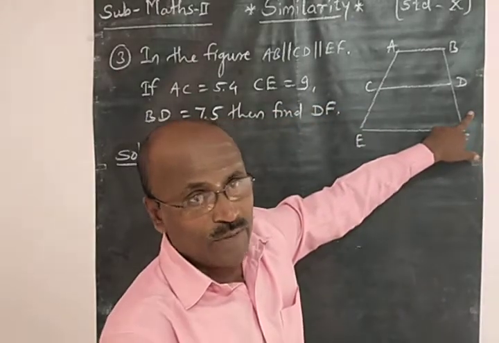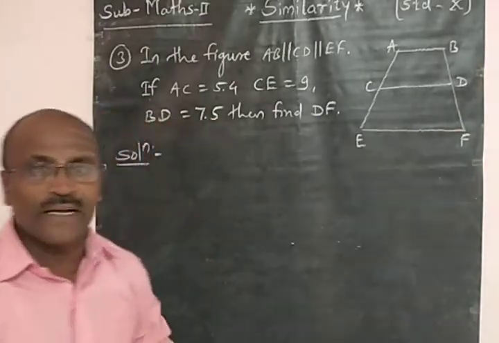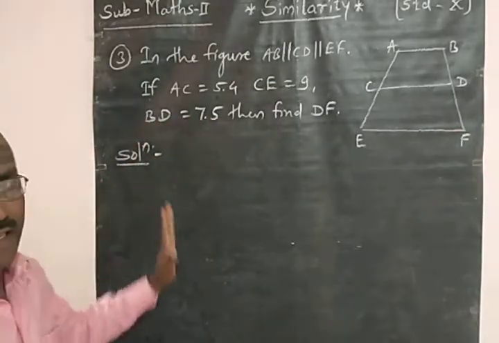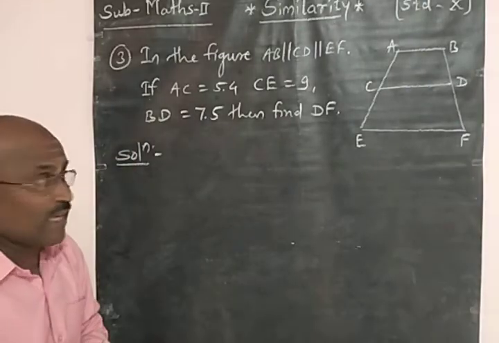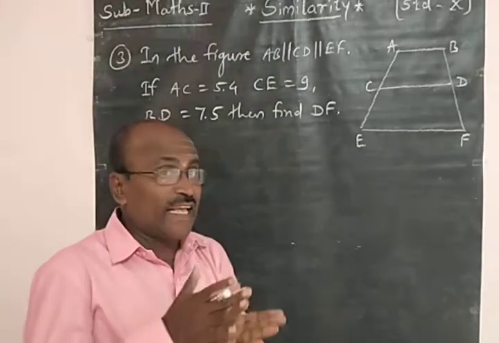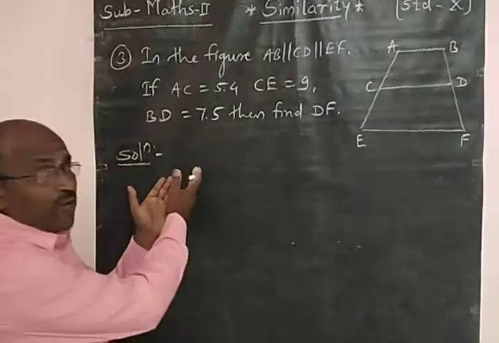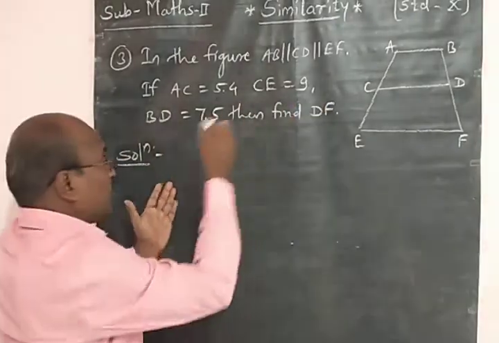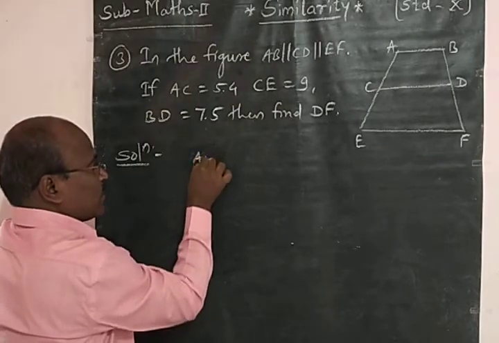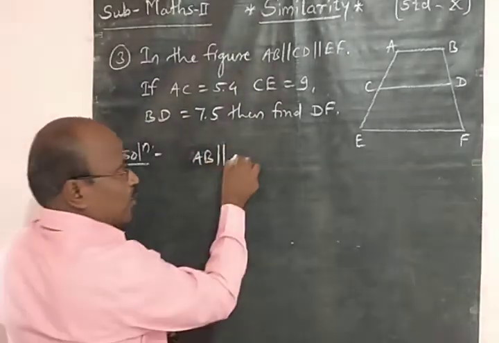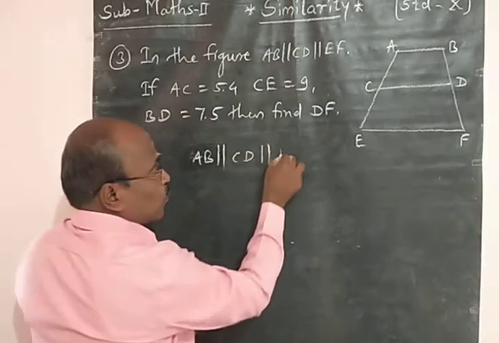ही जी प्रॉपर्टी आपण अभ्यासली त्या प्रॉपर्टीचा वापर या ठिकाणी आपल्याला करायचा आहे. ओके. नाउ राइट. मग ही प्रॉपर्टी वापरत असताना आपल्याला या ठिकाणी कोणते तीन लाइन्स पॅरलल आहेत हे इथं मेन्शन करावं लागतं. मग तो अगोदर मेन्शन करा. So here AB is parallel to CD is parallel to EF.